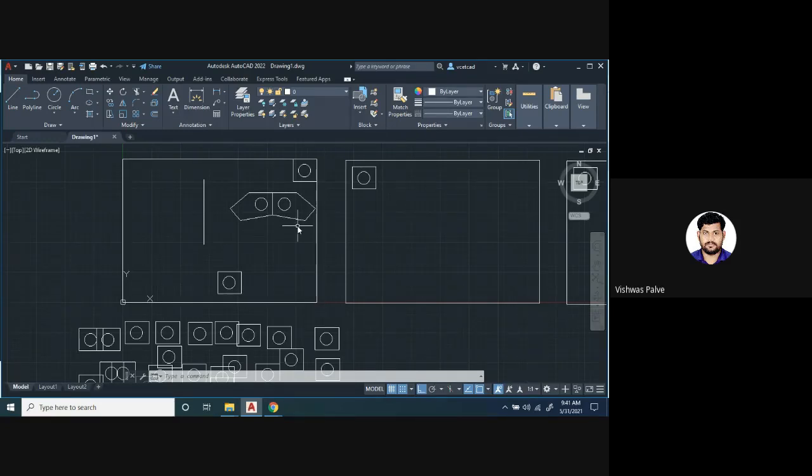In the quiz, what will be the questions? I will just give an example. Suppose, what is the shortcut for circle? What is the shortcut for mirror? Those simple questions will be there. Though it is simple, when you make a list of these shortcuts, it will create a big list. So such type of questions will be there.